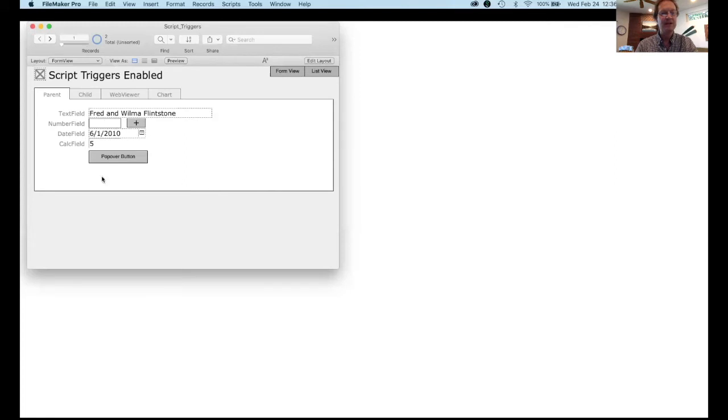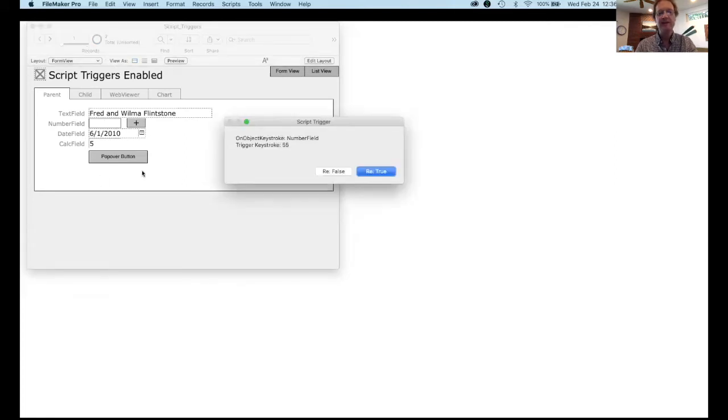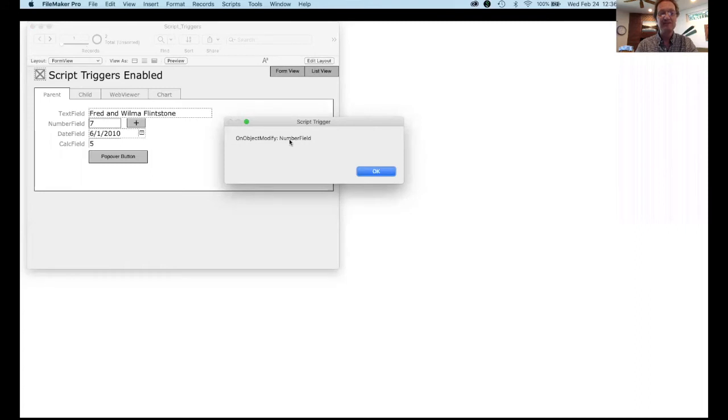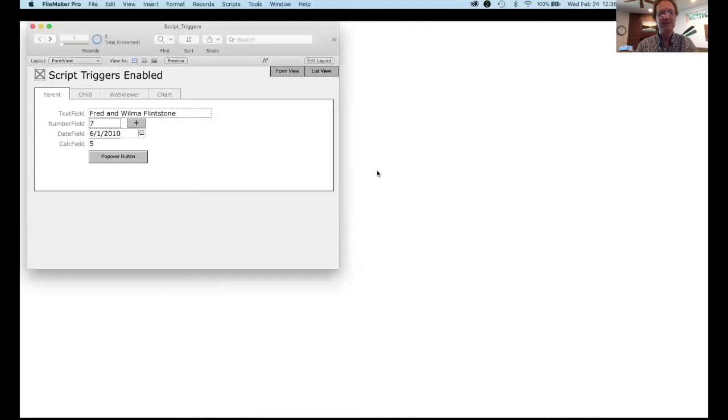And now I've got an empty field. I'll type a 7 in there instead. Again, on-object keystroke fires. On layout keystroke fires. On object modify fires, because again, I just changed the value in that field. I modified the value in that field. We'll say okay again. And now something interesting happens as I hit the tab key to move out of this